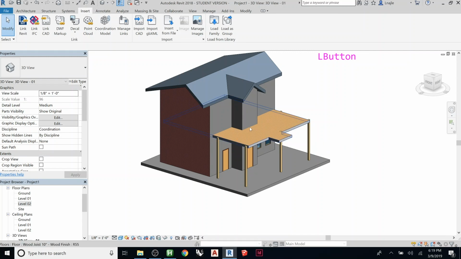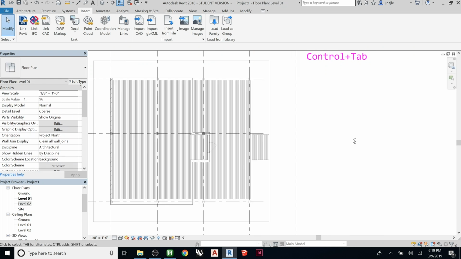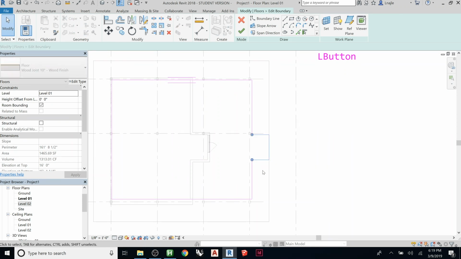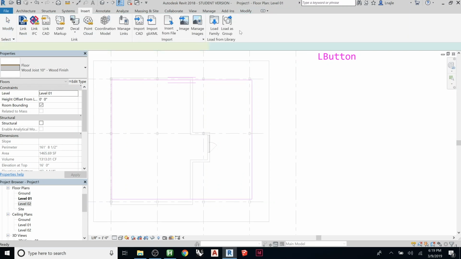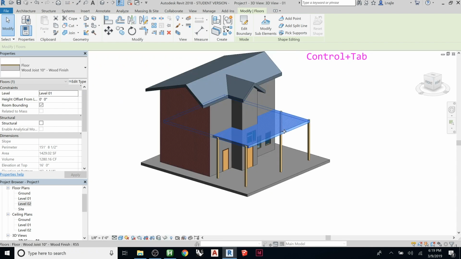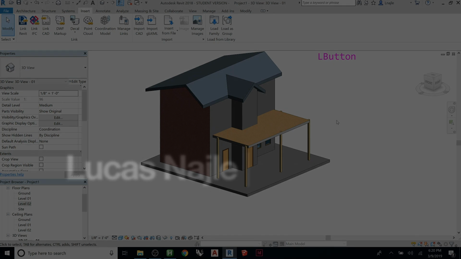I actually want to get rid of that weird notch sticking out since it's going to be like that. So I can tab over to this, edit boundary, just pick that, delete it, delete this one, and then I'm going to, oops, I put thin lines on. I'm going to trim that one to this one. Now when I look at my building, I've got this little balcony. And I think that's a good spot to kind of stop. Once we get going,